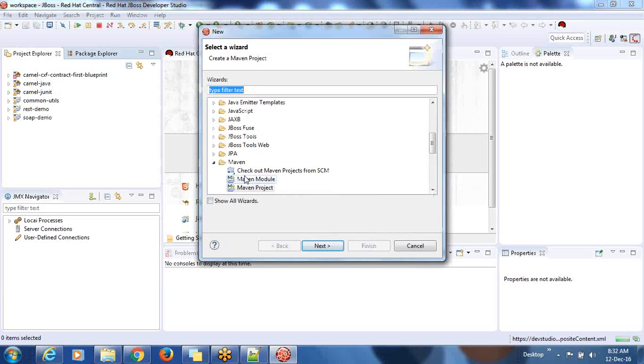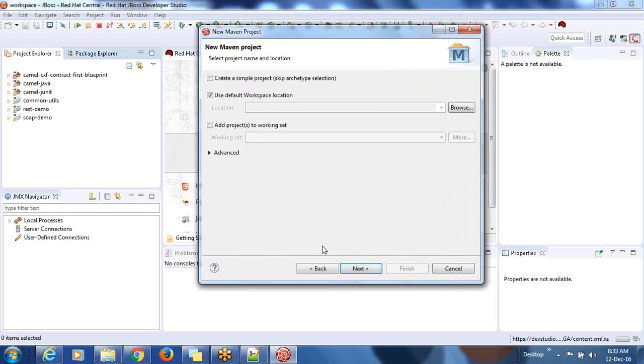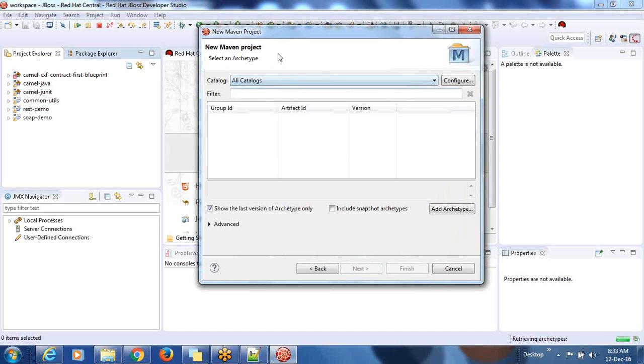So I want to create a Maven project. Most of the time we'll create a Maven project, or if you want, you can create a Fuse project. But the Maven project is more than enough because we can find any suitable architecture type and use that. Once you come to this result, you will find different types of projects listed here. We will be working on the Camel related project, so we'll be saying